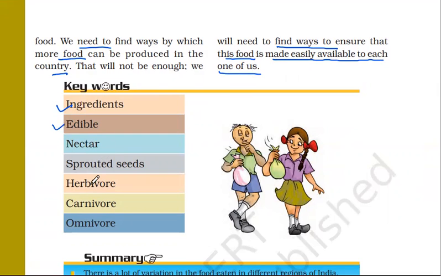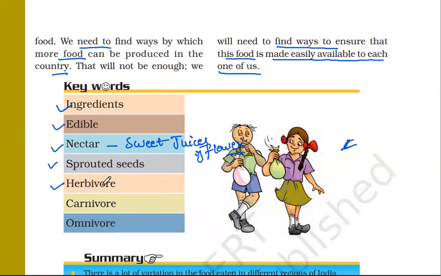and we have seen some food items are edible, some are not. कुछ food items edible है, कुछ नहीं है. Then nectar का मतलब क्या है? Nectar are sweet juices of flower. Nectar means sweet juices of flowers, जो कि जो bees हैं वो collect करती है to make honey, right? Then sprouted seeds का क्या मतलब है? अगर हम दाल को रख देते हैं ना, भीगी दाल को थोड़ी देर तक भिगाया, उसको रख दिया, then वो germinate हो जाती है, उसमें से अलग दूसरे मतलब उसका parts निकलने लगते हैं. That is nothing but sprouted seeds,